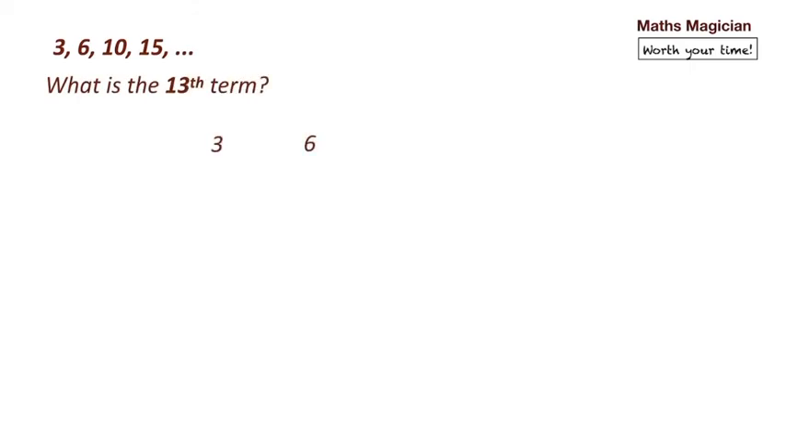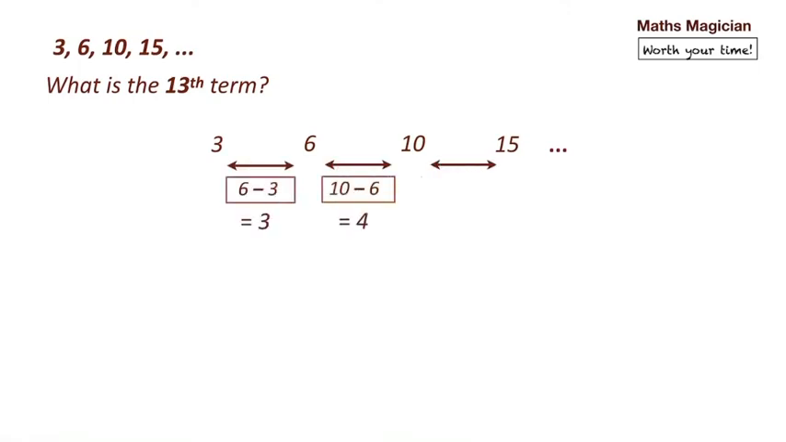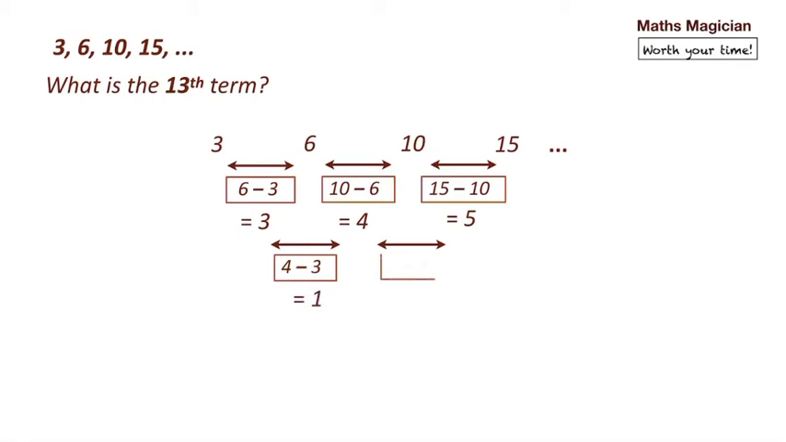Our next example is, for the given sequence, what is the 13th term? Let's write the sequence again and find the differences between the consecutive terms. We see that they are not the same. Now we find the differences between the first differences, which are the same and is 1, and hence the given sequence is a quadratic sequence. Now, the formula for finding a random term in a quadratic sequence is,